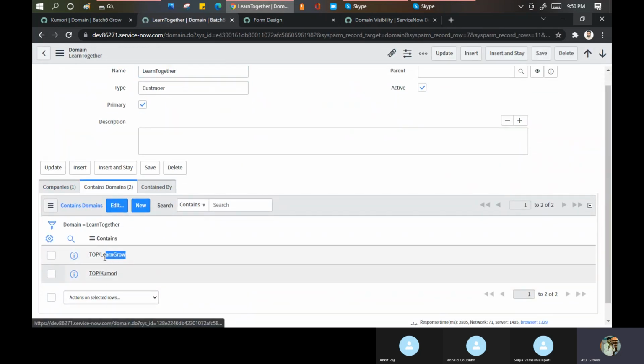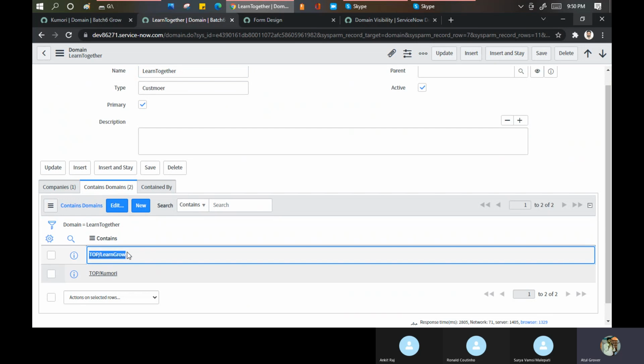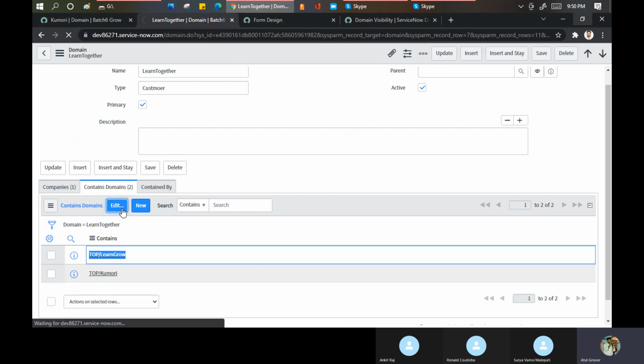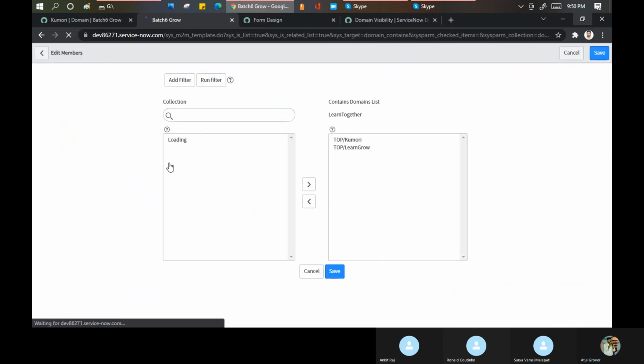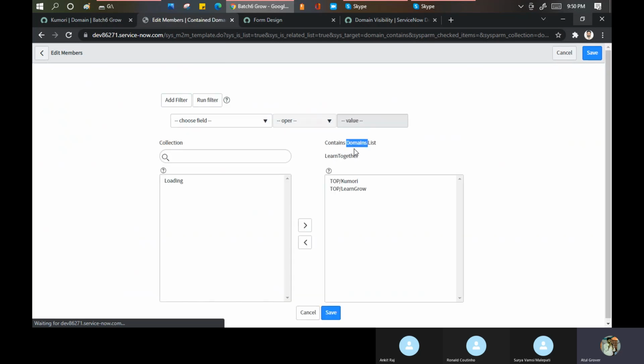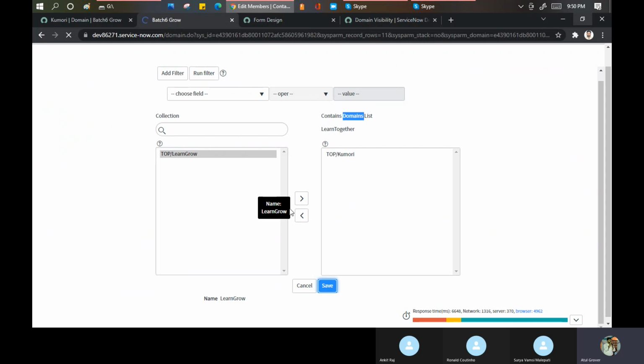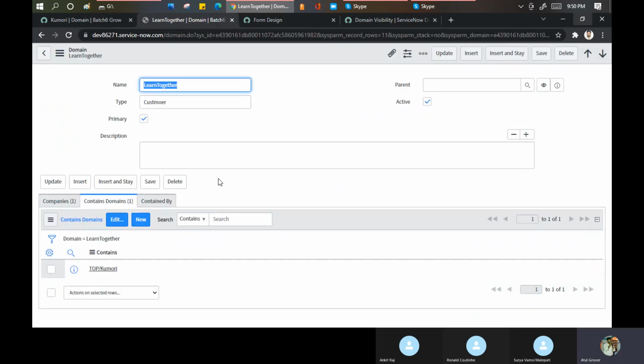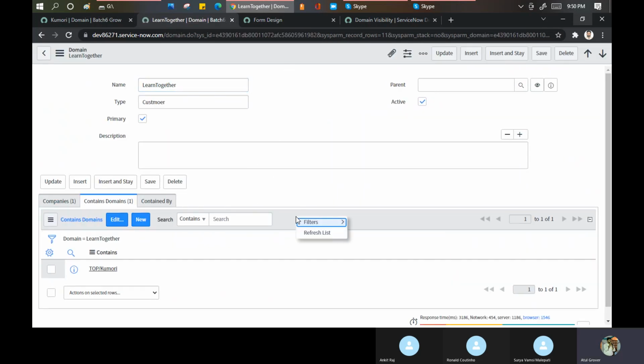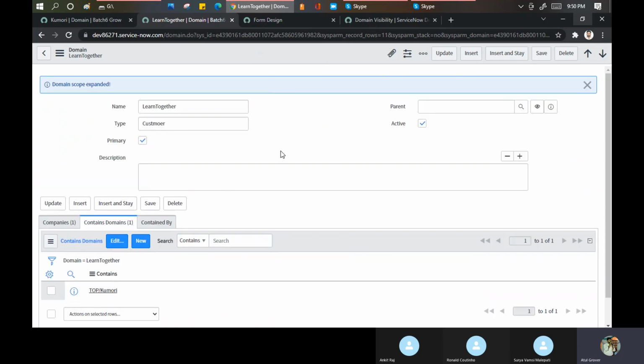Why is this becoming this? I just added cumulative, not the learn together, right? If you edit it, let me remove this. ये यहाँ पर नहीं आएगा, ये वो child level पे जाएगा. Okay, and now I just refresh the list, and maybe I can do the toggle domain scope.